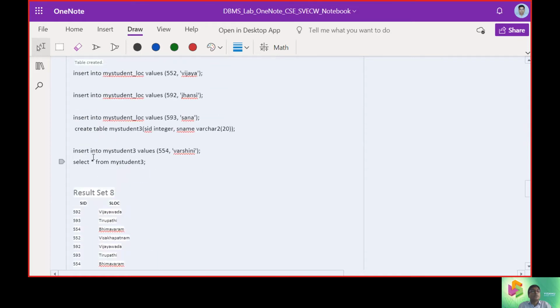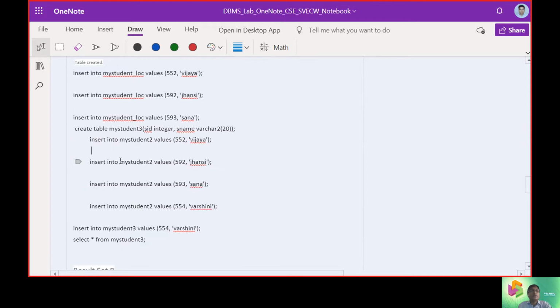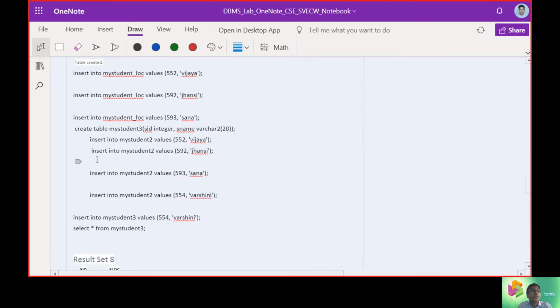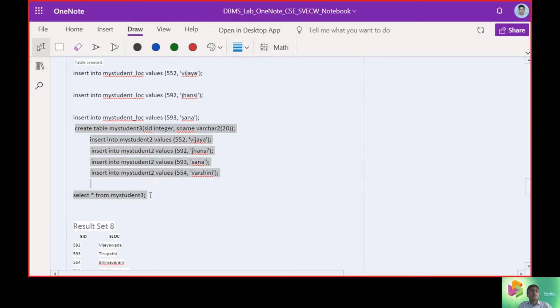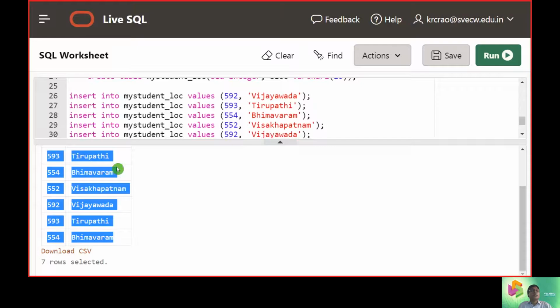So my student 3 is a table that we are going to create. It has 4 records here. So just see whether it goes into my student 3 here.